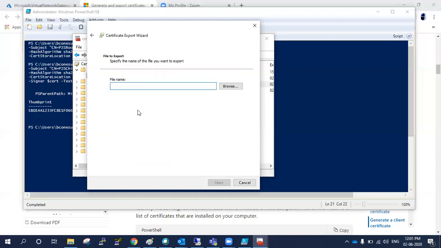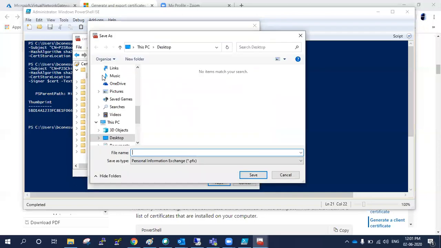Next, this will be my client certificate, client.pfx.